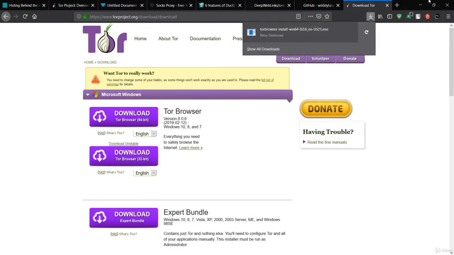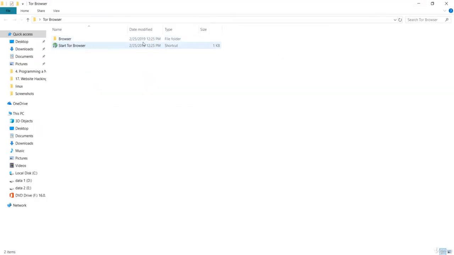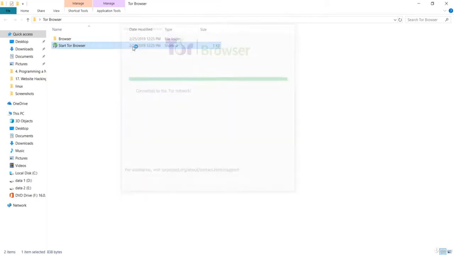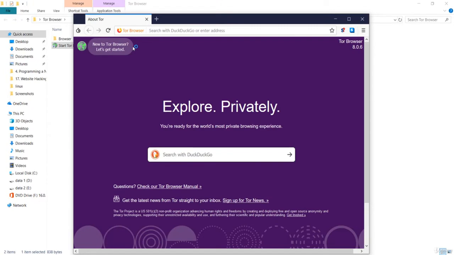So let me close this because I have already installed it, and you will see this Start Tor Browser icon over here. So let me open this. Then you should get this Tor browser establishing a connection tab. Give it some time to load and it will give us this Tor browser. So this is the Tor browser that is going to open the hidden websites that are in the